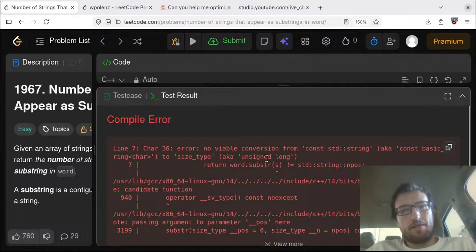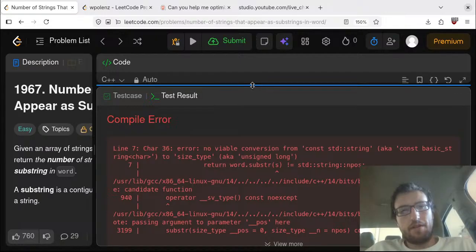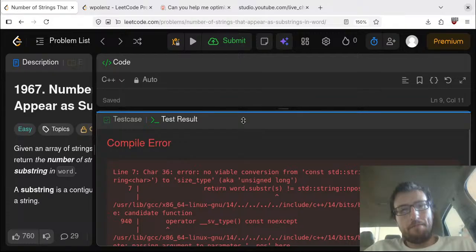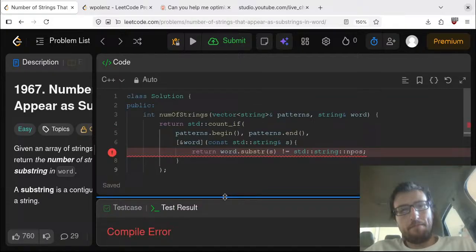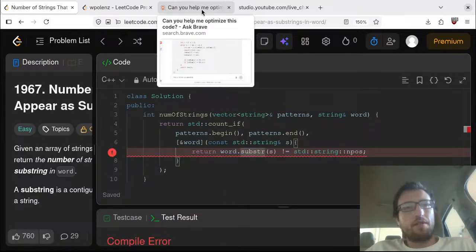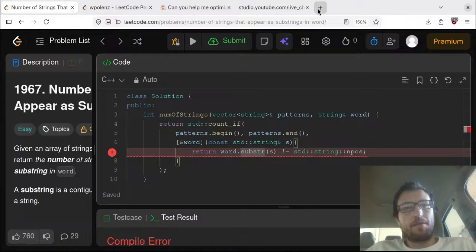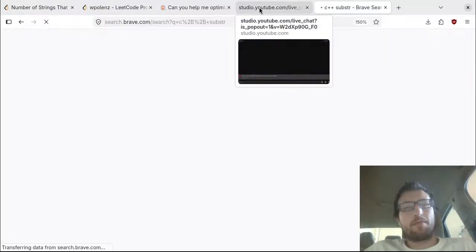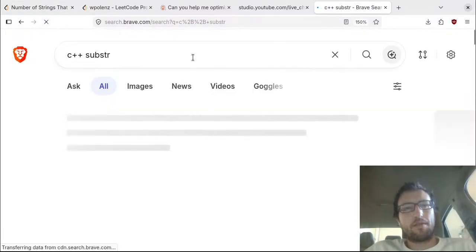Okay, string to size type. I need to look at the substring. Also see how